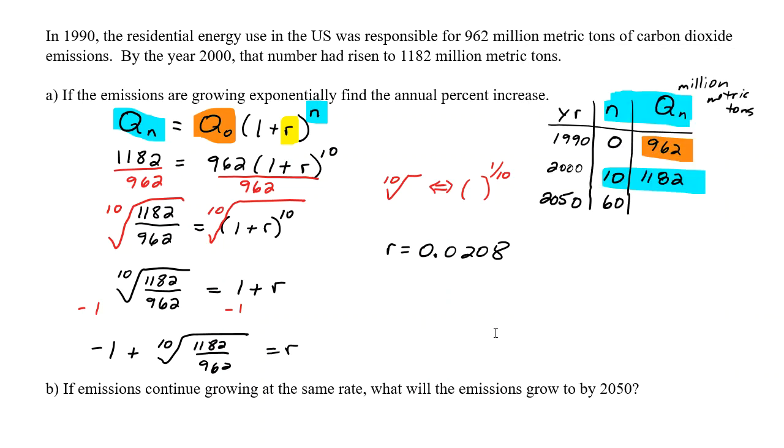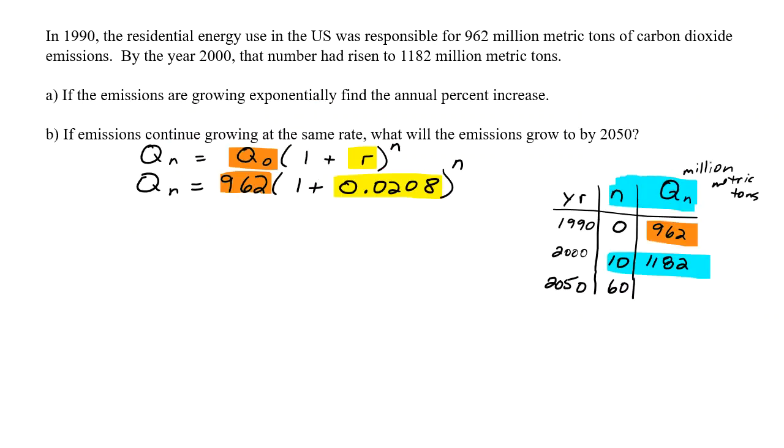Okay. So our rate then, if I'm thinking of my rate as a percent, is going to be 2.08% increase. All right, let's go over then and answer part B. So we have our formula, Q sub n equals Q sub 0 times the quantity 1 plus r to the n. We figured out the rate of increase. We need to put it back in the decimal form for this equation, 0.0208. And now we want to answer the question,